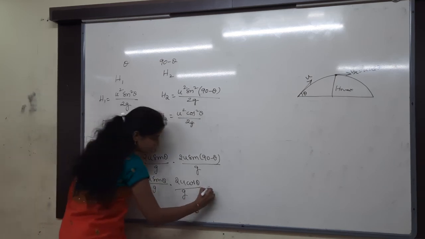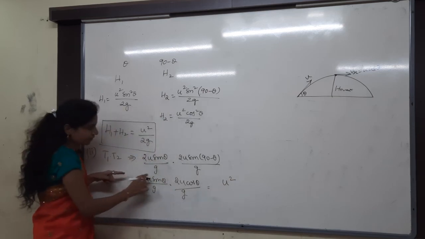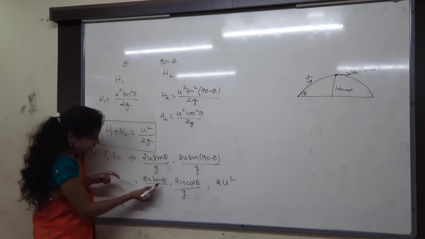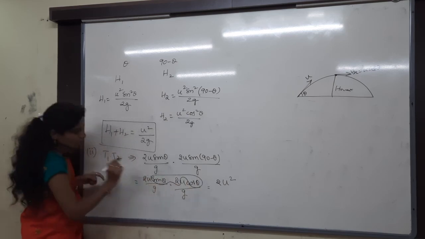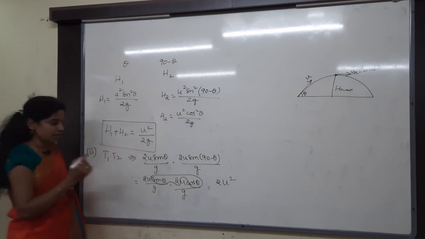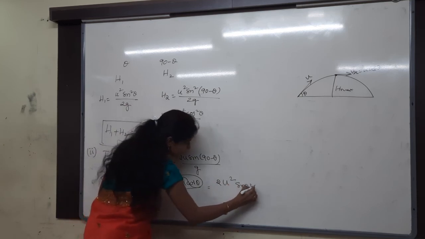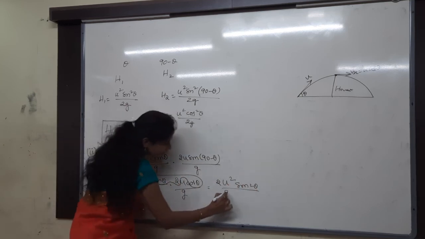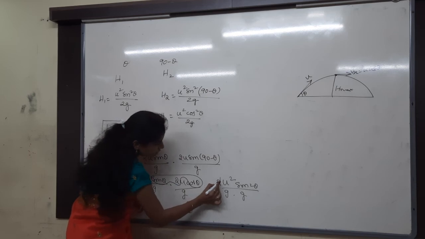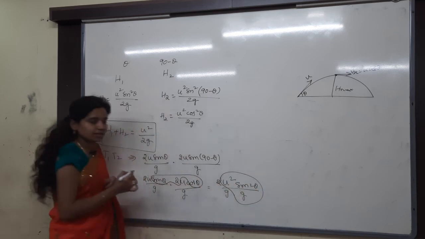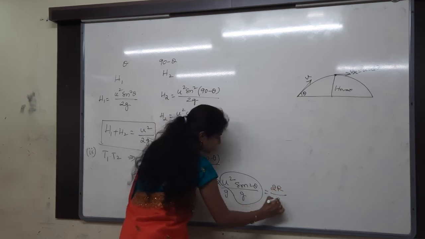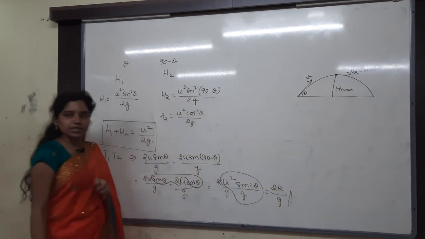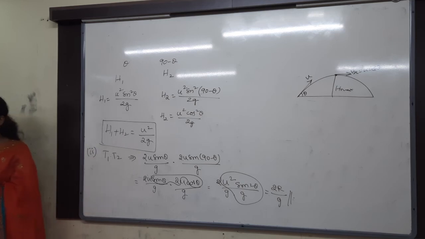Then here 2U, U into U will be how much? U square. So that U square is there. And then one of the 2 is there. Let me take another 2 with this: 2 sin theta into cos theta. What will that be? Sin 2 theta. Sin 2 theta divided by G into G. Now, U square sin 2 theta by G, what is that? Range R. So that 2R divided by G. That's it. That's the correct answer. 2R by G. Done?